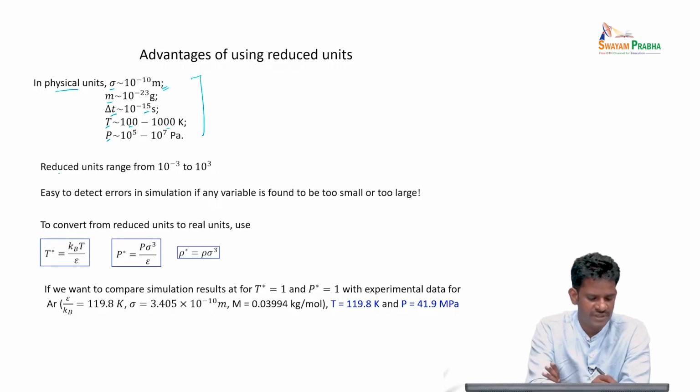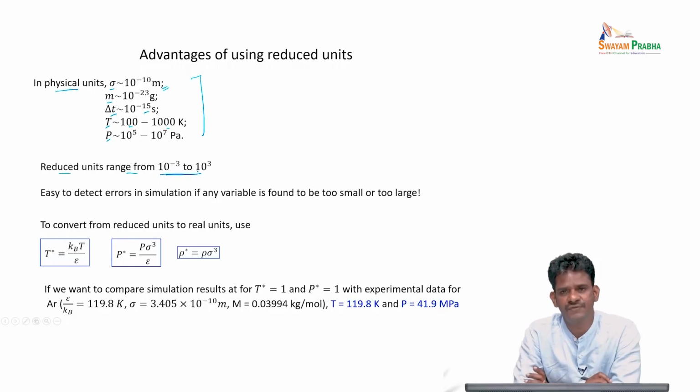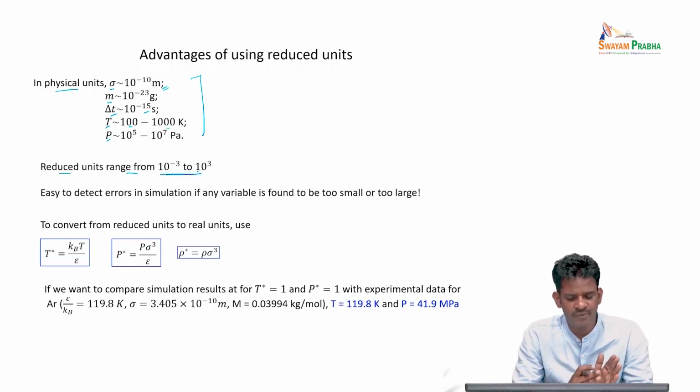Whereas if you use a system of reduced units, then we know that this reduced system of units will have a very short range of span, which will range from, let's say, 10 power minus 3 to 1000. That's a typical range of numbers for equilibrium properties as well as transport properties. So when you use reduced units in MD simulations, you know that the range of parameters should be within a particular range,